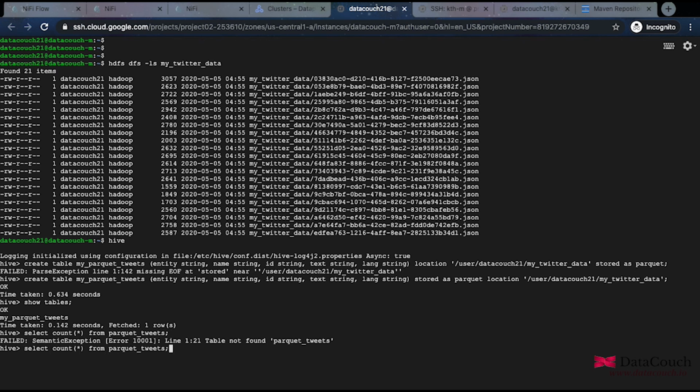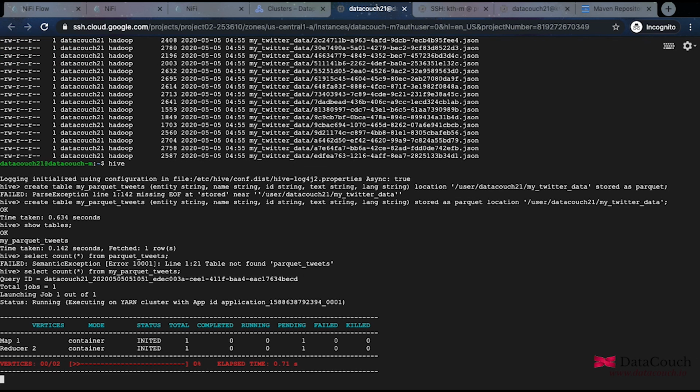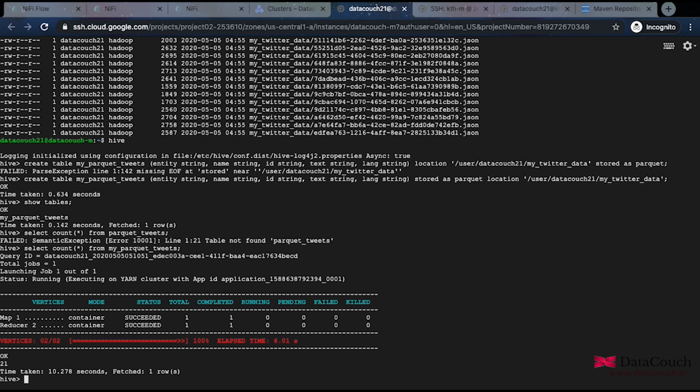So, table not found, Parquet tweets. Is it a spelling mistake? Yeah, so there is a spelling mistake. I have to specify my Parquet tweets. So when I do that, I am able to run a job, and this is running. Let's see what we got. So we got 21 tweets, and if you remember, when we were playing with NiFi, we had 21 flow